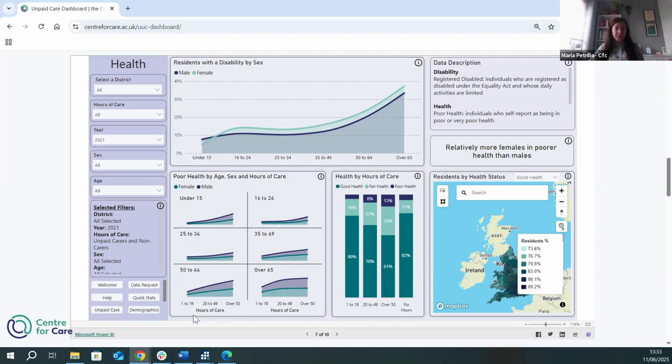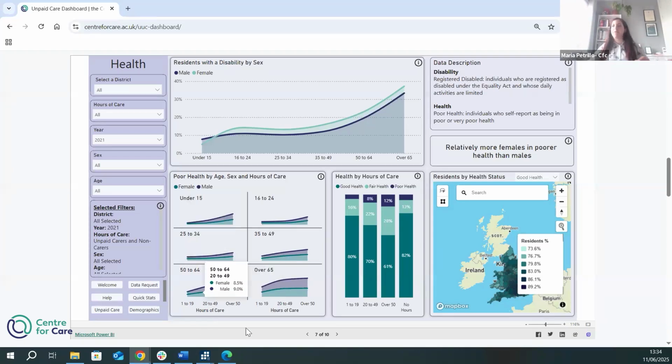And then the intensity of care is reported here. So we have 1 to 19 hours of care, and this is what happens to carers aged 50 to 64, providing 1 to 19 hours of care. What happens to 25 to 34 year olds, providing 1 to 19, and what happens to under 15.